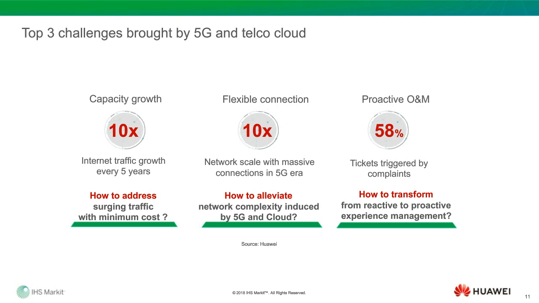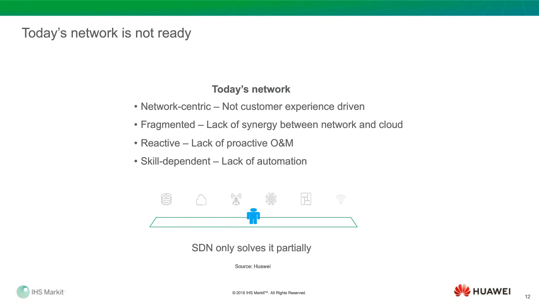But if you check SDN, 5 years ago when we came to SDN, we mainly focused on what? We focused on distributed control, the controller, and the separation between the control plane and the forwarding plane. That's where SDN originally came from. Those are still valid. But if you see the big 3 challenges, SDN cannot solve them entirely. It can solve them partially. If you think about the network today, when we build a network, we still mainly focus on the network. We call it a network-centric approach. But moving forward, we want a more business-centric, more customer-driven approach, and SDN cannot solve that.